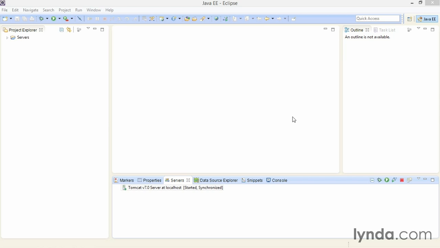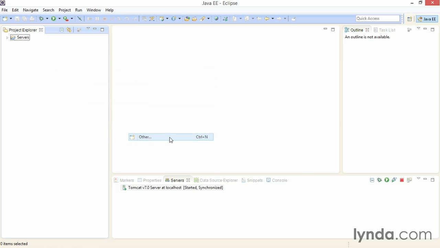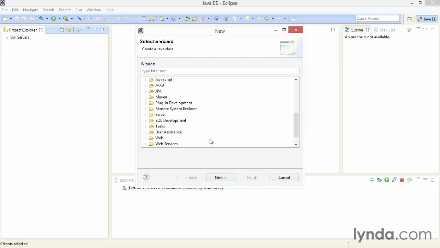In this video, I'm going to do two things. First, I'm going to generate a simple web project and deploy it on our server. Then, I'm going to create a simple web servlet Java class within that servlet and use it to generate a simple HTML page. To create the servlet, right-click within your navigation tab and choose New, then Other, then Web, and